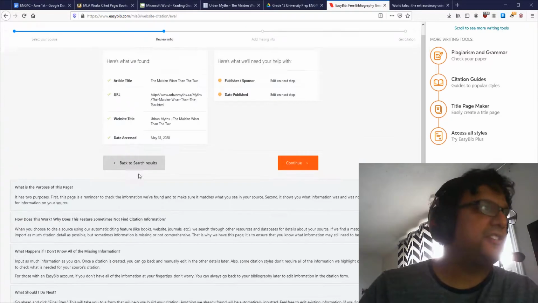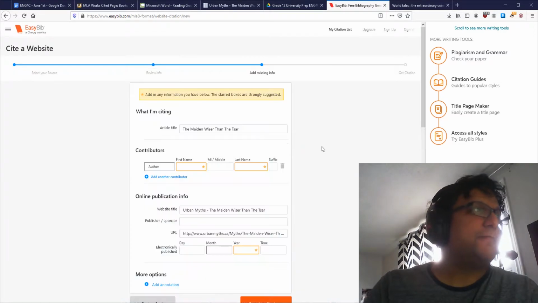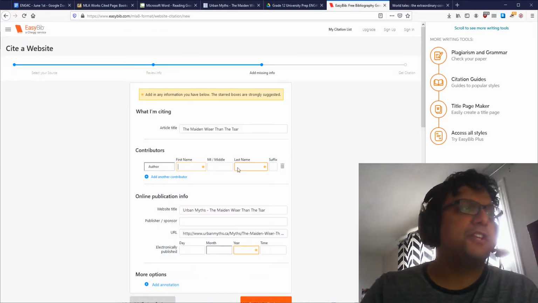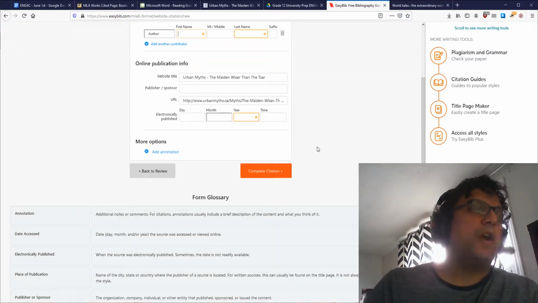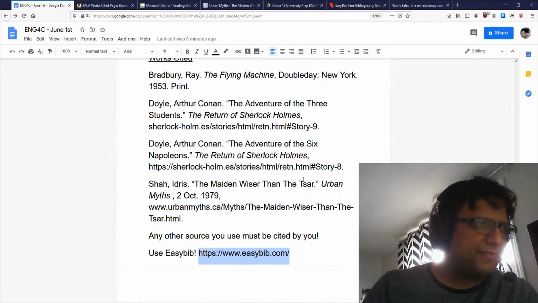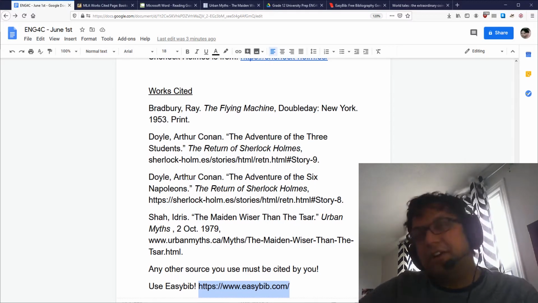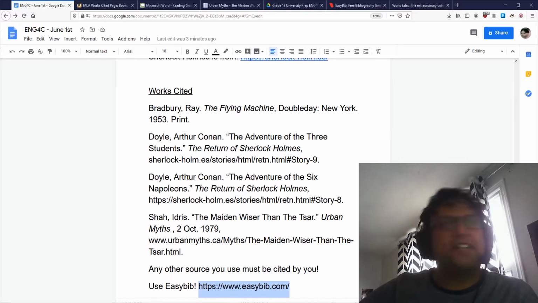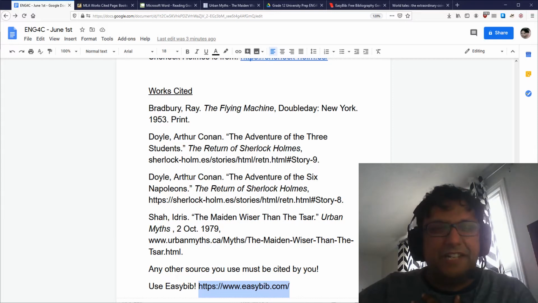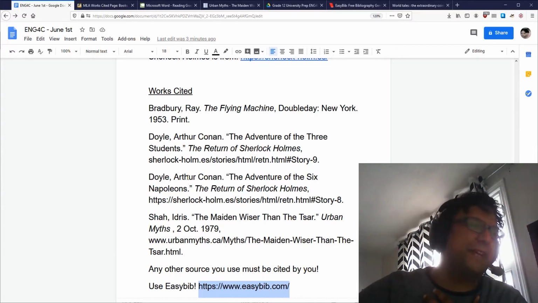You'll hit cite, and the important thing that you have to do is if it's missing information, for instance here it's missing the author's name, then you want to put that in, right? Or if it's missing the publication date, right, you'll want to find out what the publication date is and put that in. Now, I was thinking as I was about to make this video, hang on a second, they've been getting all of the stories from me, right? And they don't know the publication information because it's all just been coming from me.